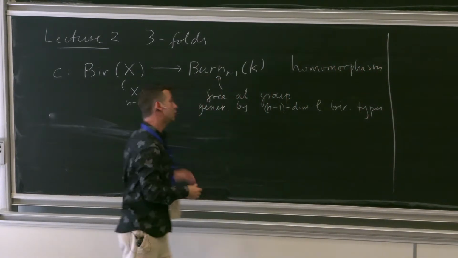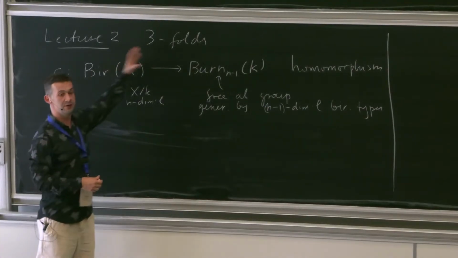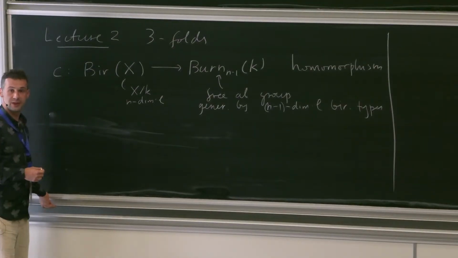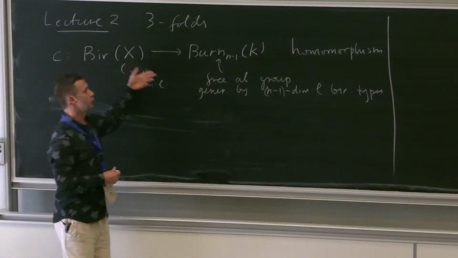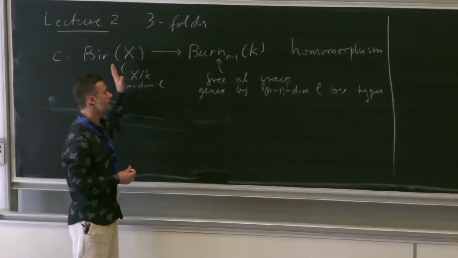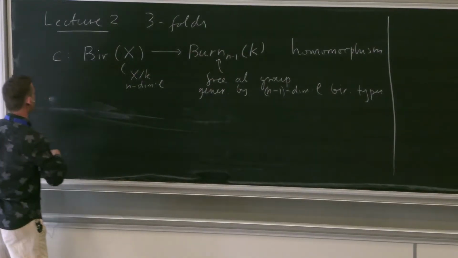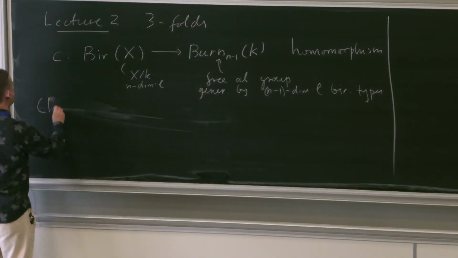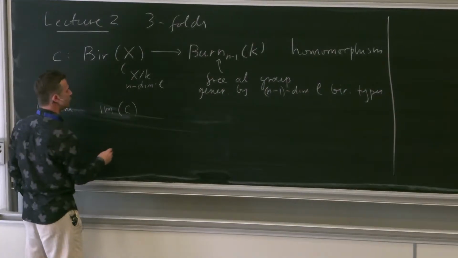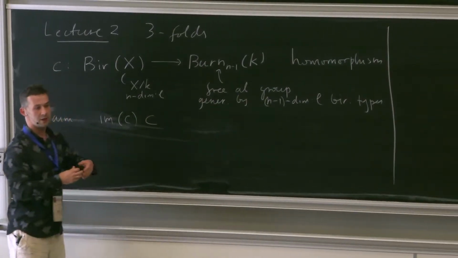And more generally, when you go from X to Y, this invariant is additive for compositions. So I want to say a few words about the image of this. So far I didn't explain any non-vanishing, but in principle, we still can investigate the image of this map. So the claim is, when non-zero, the image of this map is contained in a special